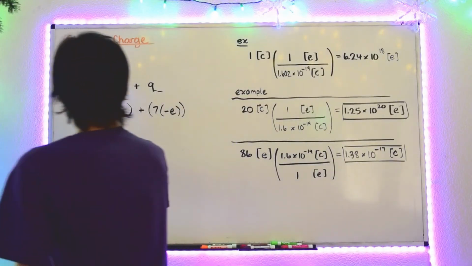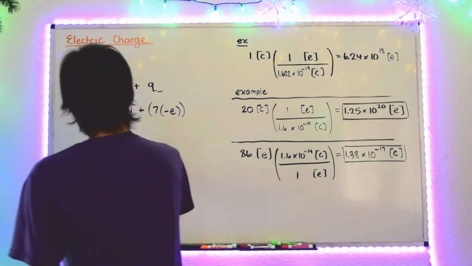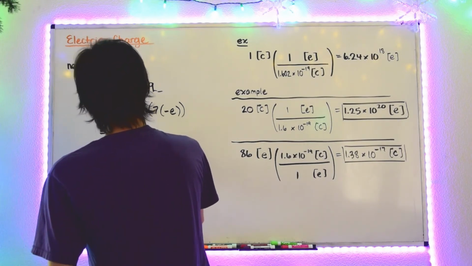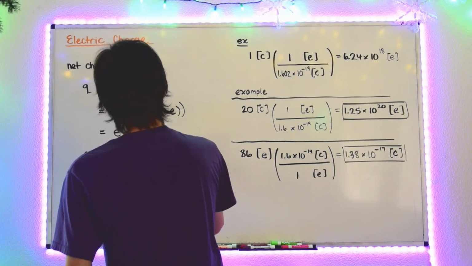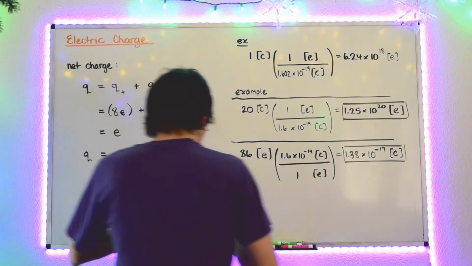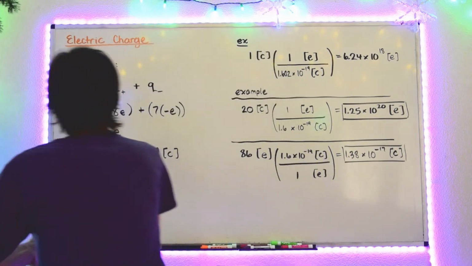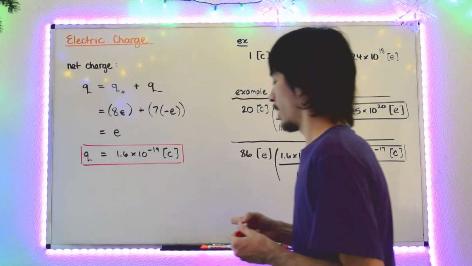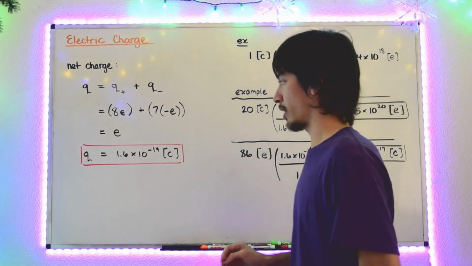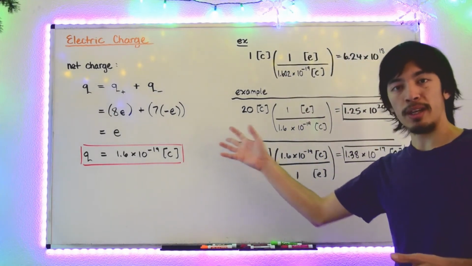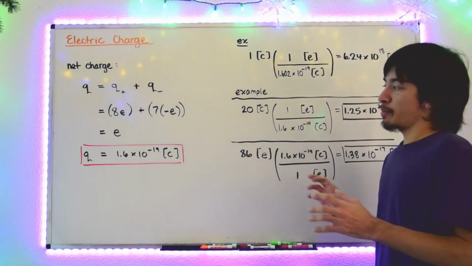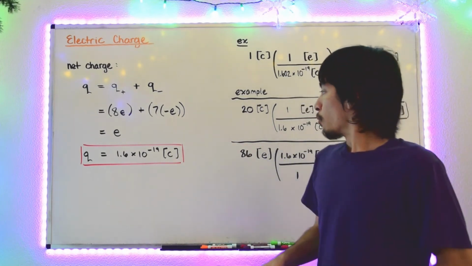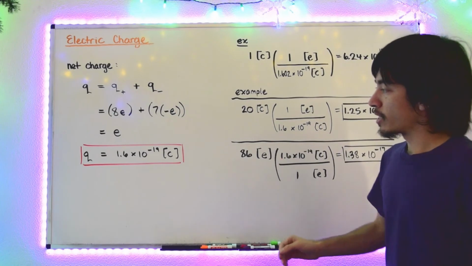So in other words, the net charge of this system is just 1.6 times 10 to the minus 19th coulombs positive. So this indicates that we have one extra proton, or one electron that's gone. Okay, so this answer makes sense. So these examples give us a sense of the scale of charges. One last important thing to note is that this number